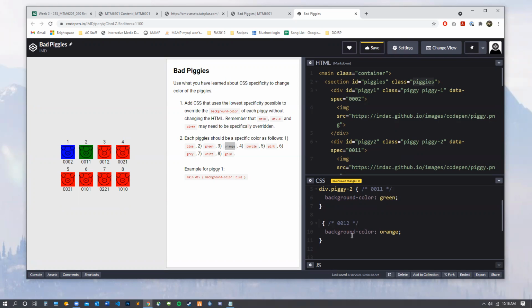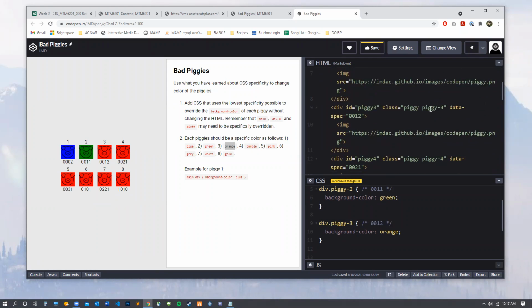I would say we're probably looking, look at the difference. Look at number 2, 0011. Now we're looking for 0012. So we can probably say something like div.piggy3, right? We know that we've got a div with the class of Piggy3. Okay, that's going to give us one of our HTML and one of our class, which means we just need